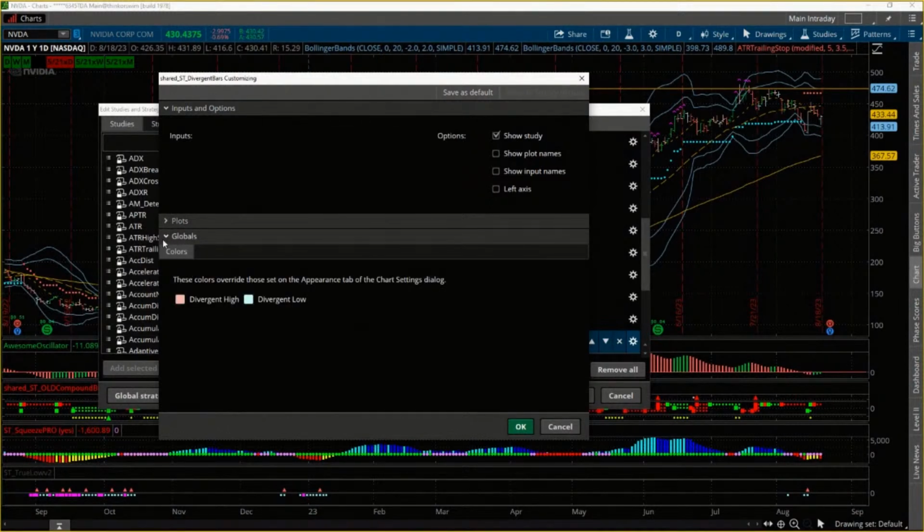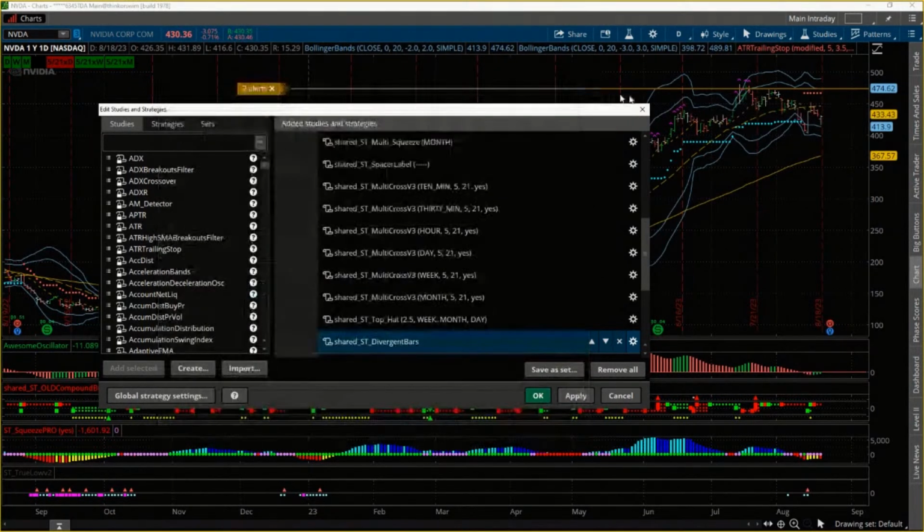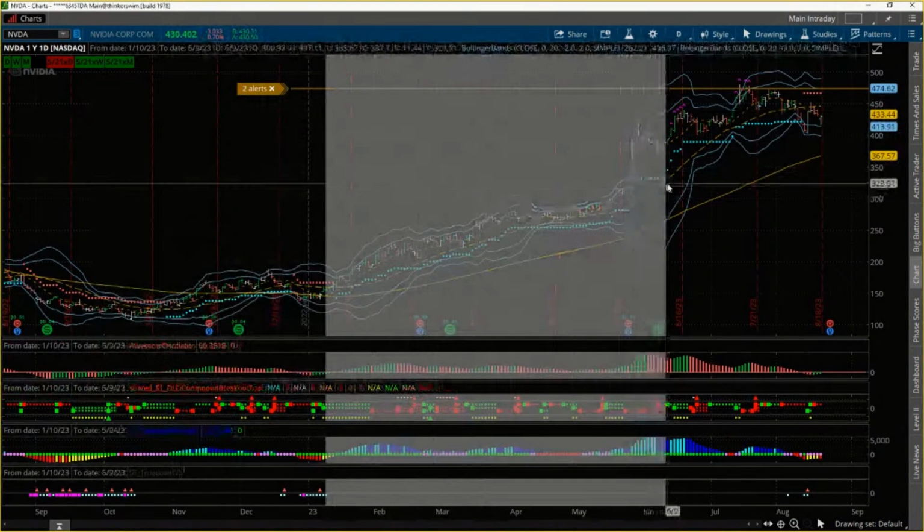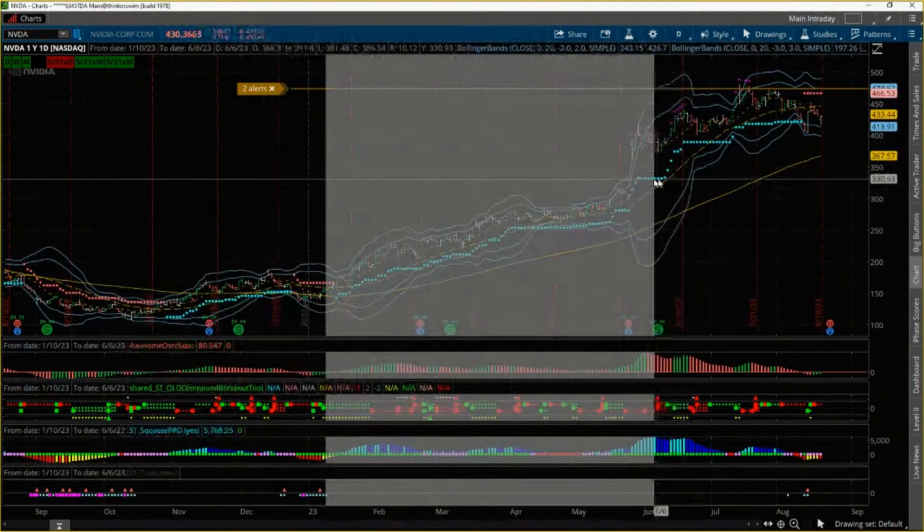So if you ever want to change the colors to match mine or set it up to be whatever colors you want, you go under the globals section of that indicator, and the divergent high is technically a bearish divergent bar, and the divergent low is technically a bullish divergent bar. And for those of you unfamiliar, this indicator basically helps confirm a potential higher high or lower